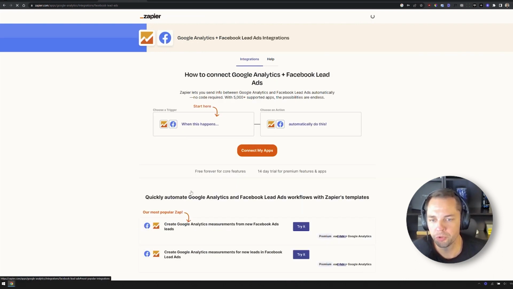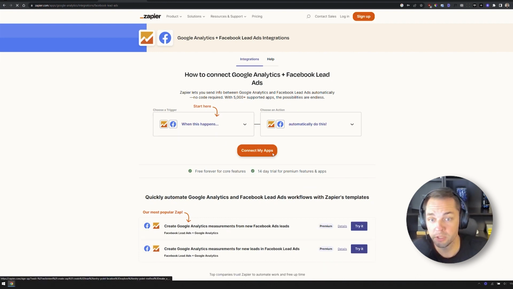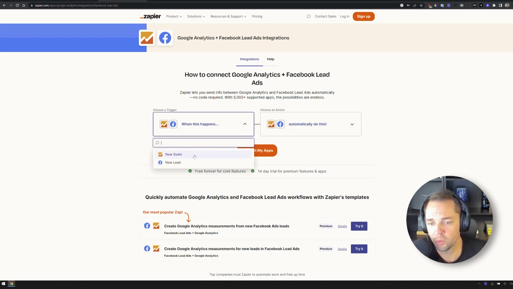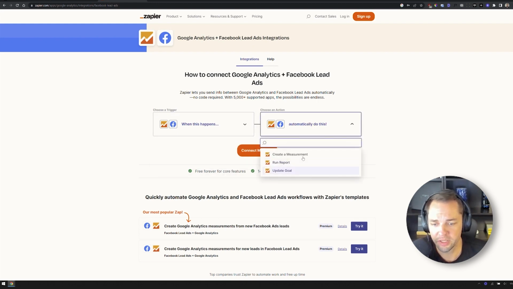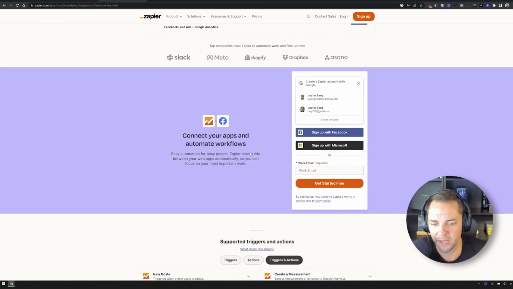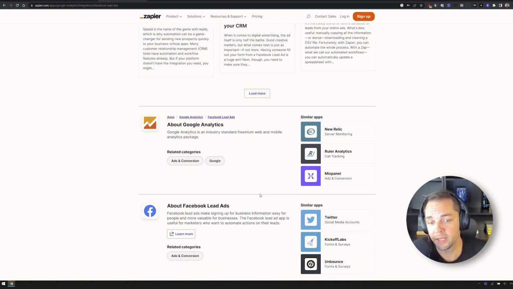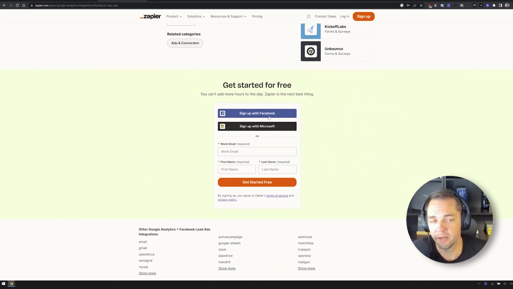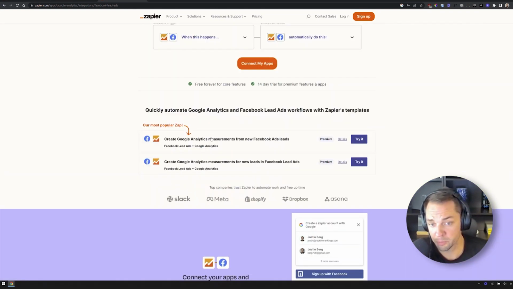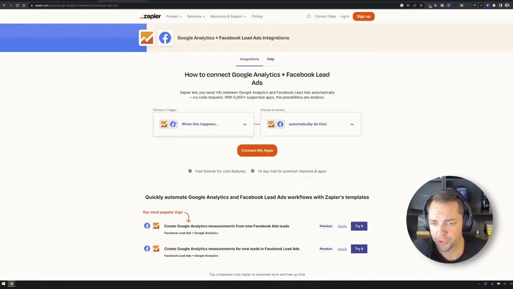And the same thing holds true as you take a look at the double integration. So somebody that's searching again for Google Analytics and Facebook lead ads integrations, they hit this page and we want to show what's relevant for them here. So here's how you connect it. Interactive tool, here's what you can do. Here's the trigger, here's the action. Again, here's the trigger and actions. Everything we support step-by-step, our tutorials on both sides, and then diving in further in a CTA, right? So all of these little things are so meaningful from the user perspective, but also from the search